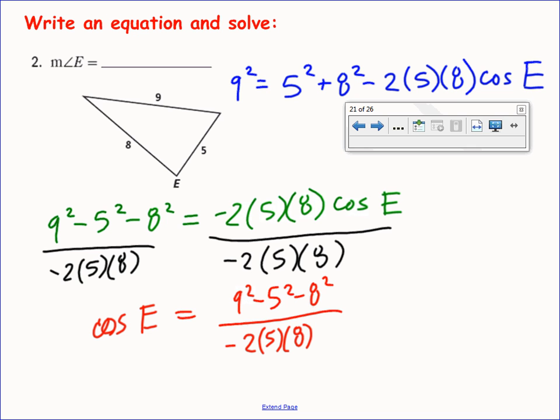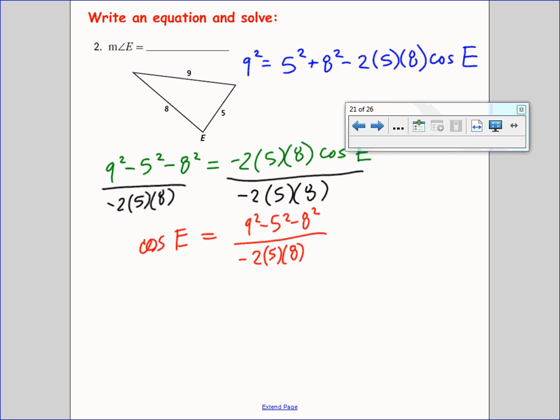Now, that's all well and dandy. But I want to find the measure of angle E. And right now, do I have angle E alone? No, I have the cosine of angle E alone. So what operation undoes cosine? What am I going to do to solve for E? Caitlin? Inverse cosine. Inverse cosine, absolutely. If cosine of E equals blah, then E equals the inverse cosine of blah. That's true whenever we're trying to find an unknown angle. We'll use our inverse trig function. It's just that on top I have this quantity, 9 squared minus 5 squared minus 8 squared, all over